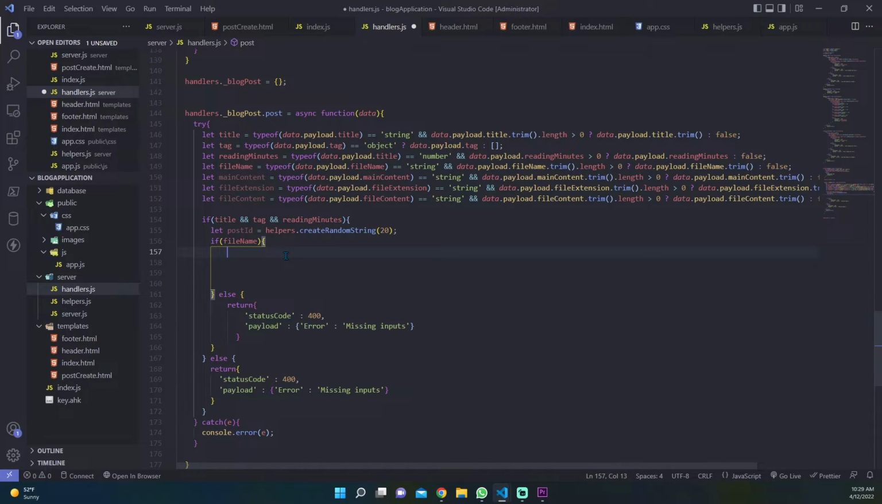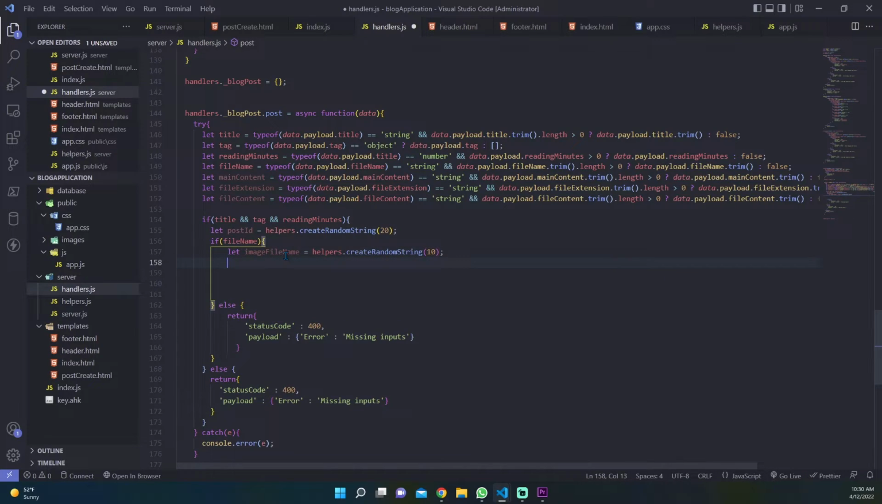Here we want to create our image file name, so let image file name, oops, is equal to helpers create random string, and we want to pass the number 10. So another feature that we want to build is that when a user deletes a post, we want all the related images to that post to be deleted. First of all, we have to initialize two empty arrays. Let all post images name